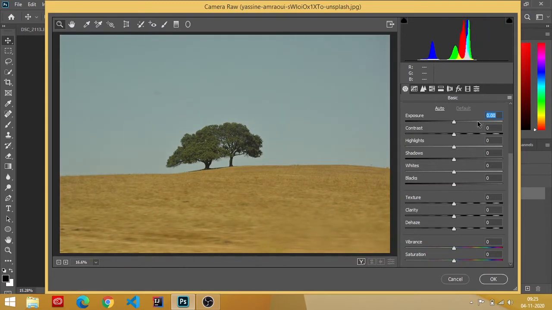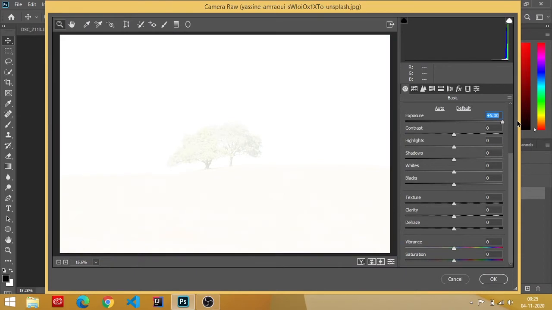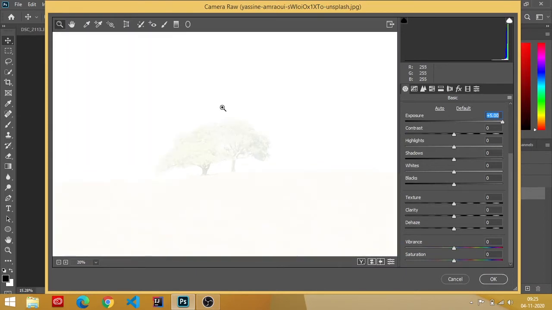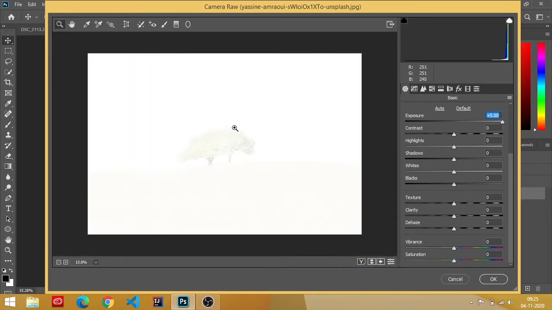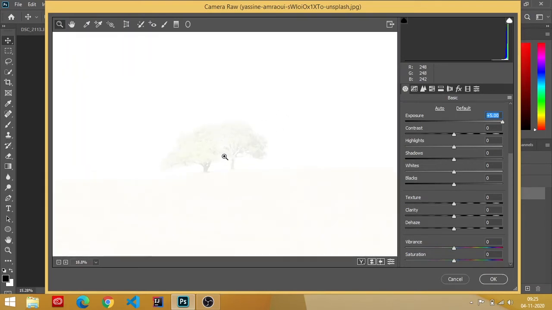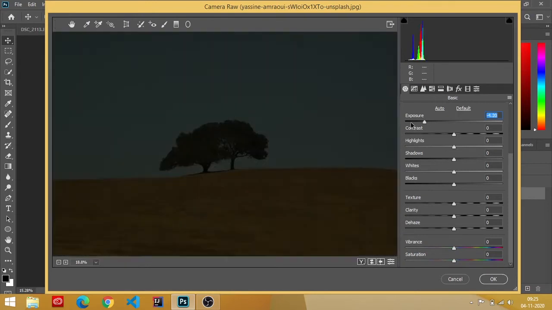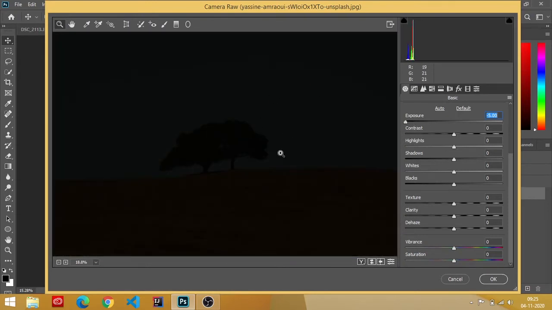It is at 0. If you drag the slider over the right side, it increases its brightness and totally becomes white, guys. I think you are unable to see because the lightened parts are brightened and some trees here are the darkest part, so they are appearing to us. If I drag it totally, here these are faded in and this brightest spot is glowing out. This is all about exposure.